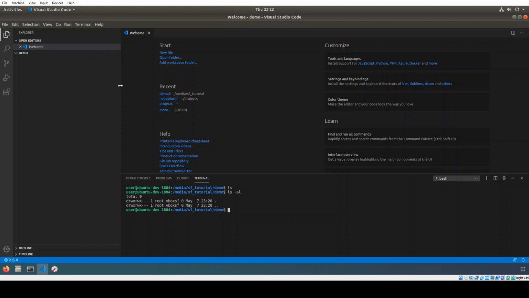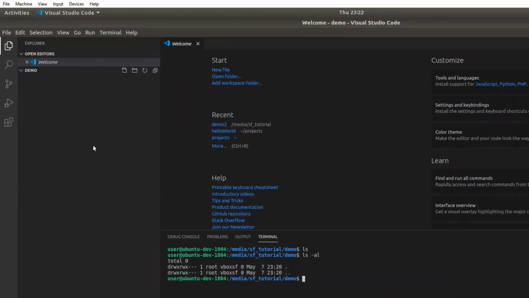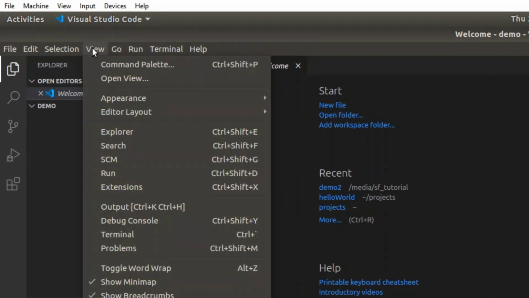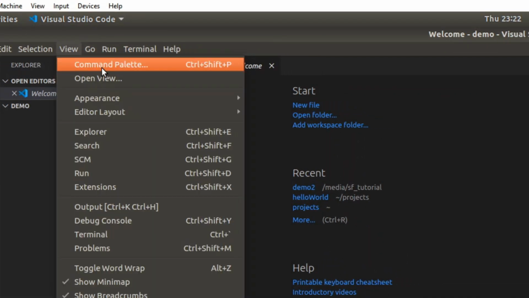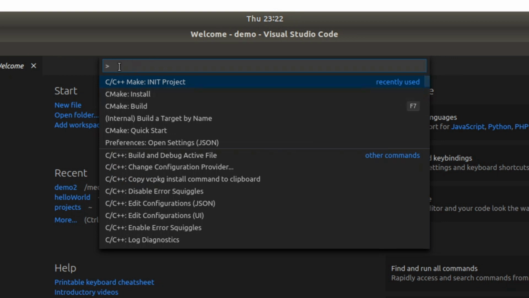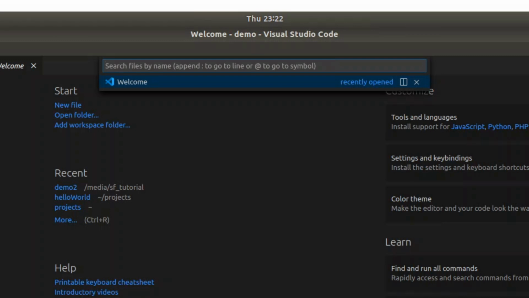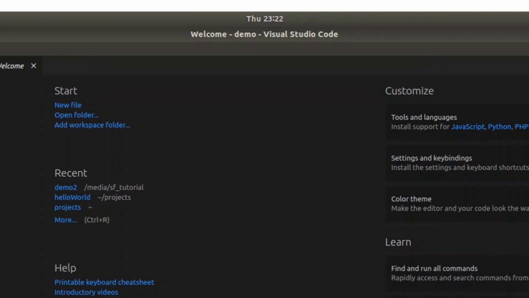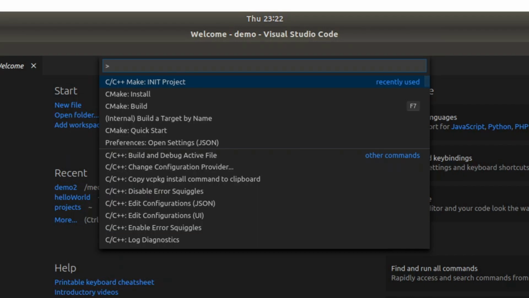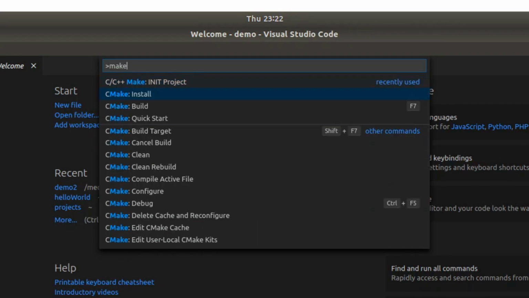So now we can go up to View, and we can click the command palette, and that will bring up a little search window here. Or we can do that with Control-Shift-P. So learning your shortcuts is definitely a great way to go. We're going to type in make to create our first project. I must have had a typo there. So there we go. So we want to do make, and it may or may not be the first option,